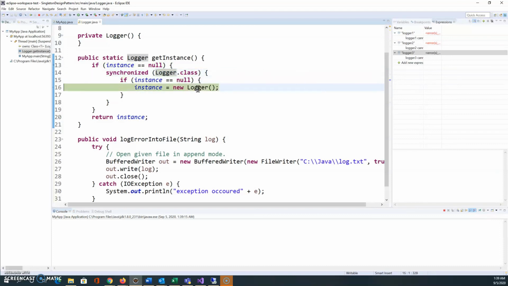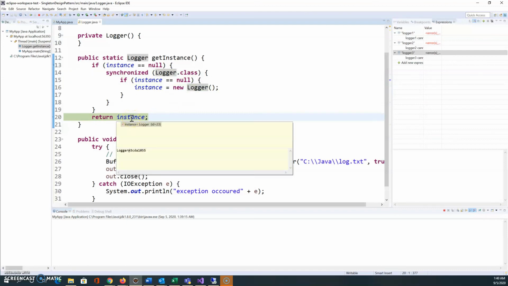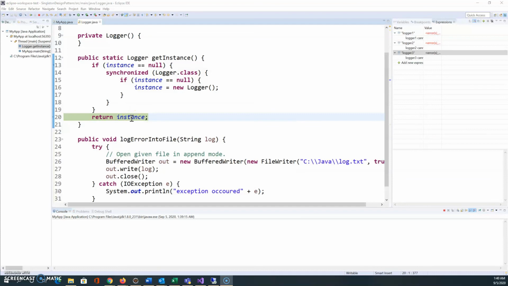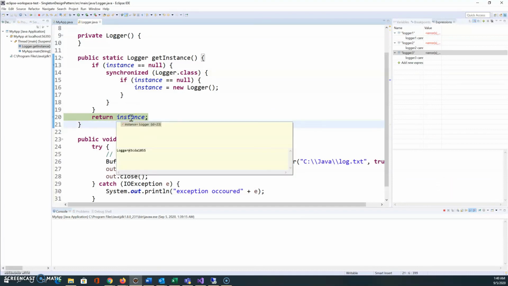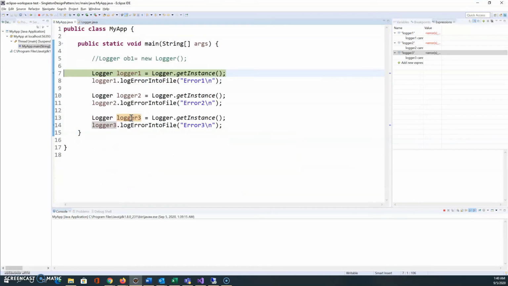Yes, now it is null. I am going to create an instance. So if you look at the instance, now it is saying an instance has been created, and if you look at this, it is A1055. Let me put F6 again. Now I have a reference created. Let me put F6